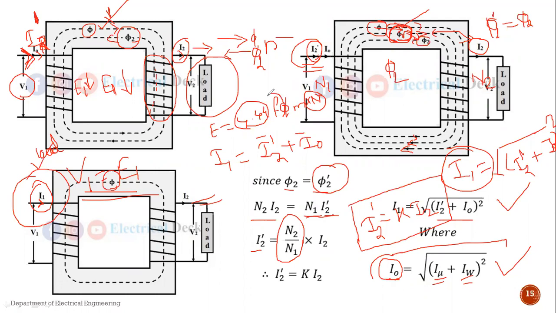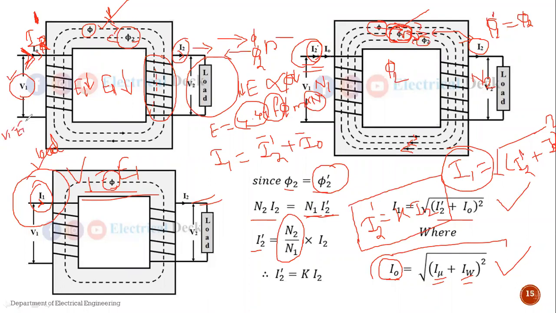Again the frequency, that is supply frequency, is constant. That means E is directly proportional to phi. If the flux reduces, the resultant value of flux reduces, then the induced EMF also reduces. So this induced EMF starts decreasing. At that situation the supply voltage will always be greater than that of E. To meet the condition V1 equals E1,